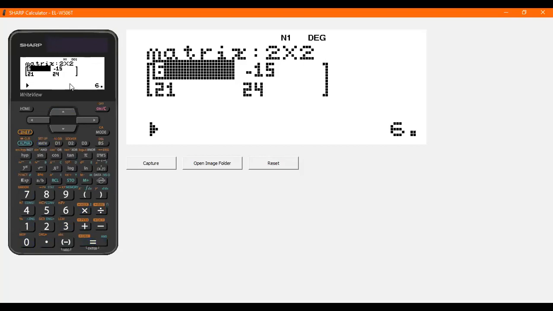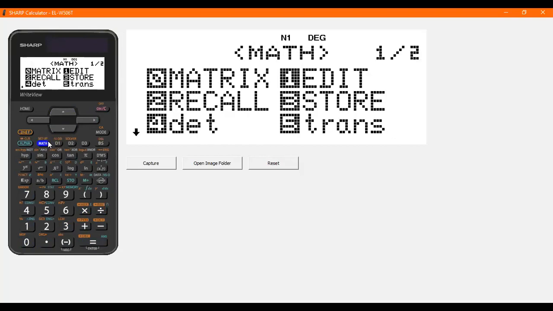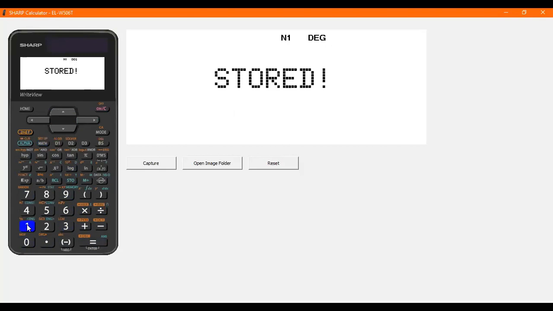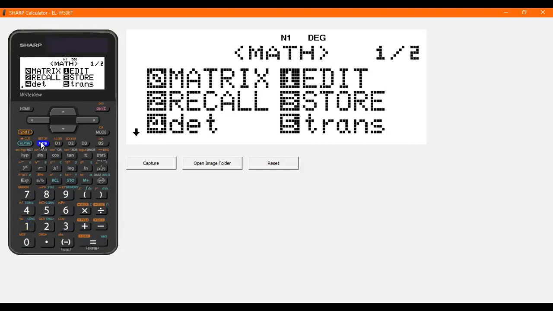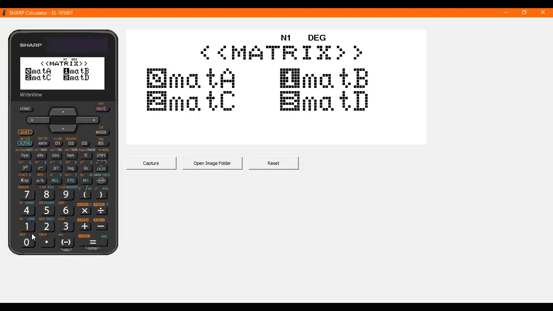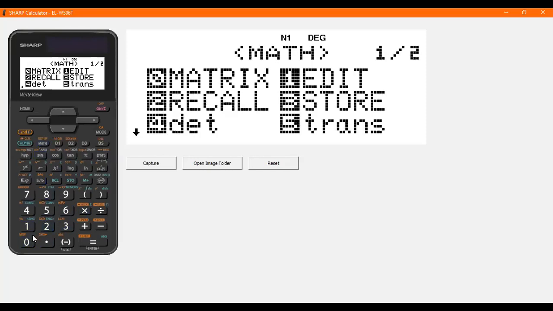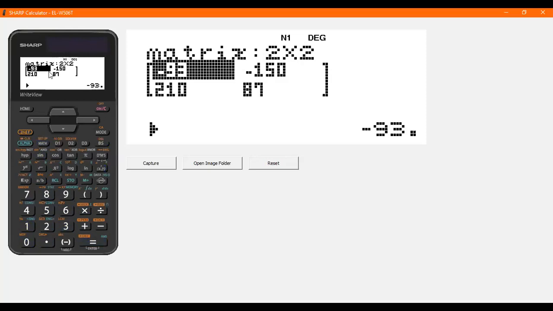Now that matrix has been edited, so I can then store that second matrix into matrix B. If I wanted to multiply matrix A with matrix B, the long way around is to say math matrix A times math matrix and then matrix B, and then say equals, and that will give us